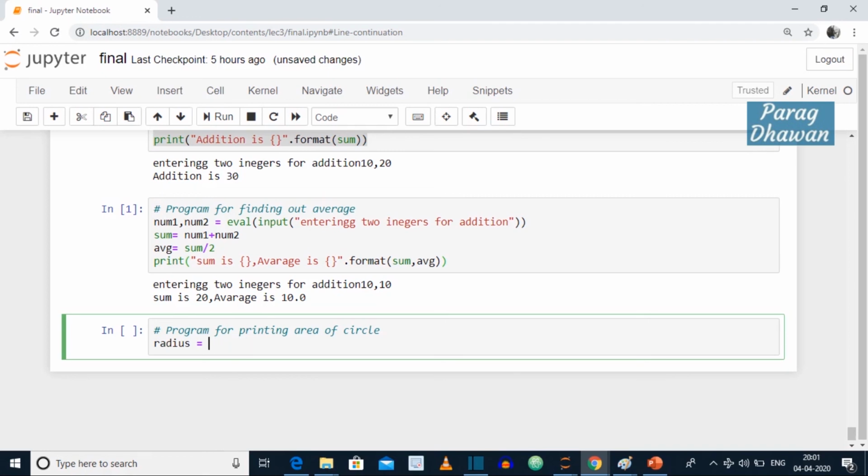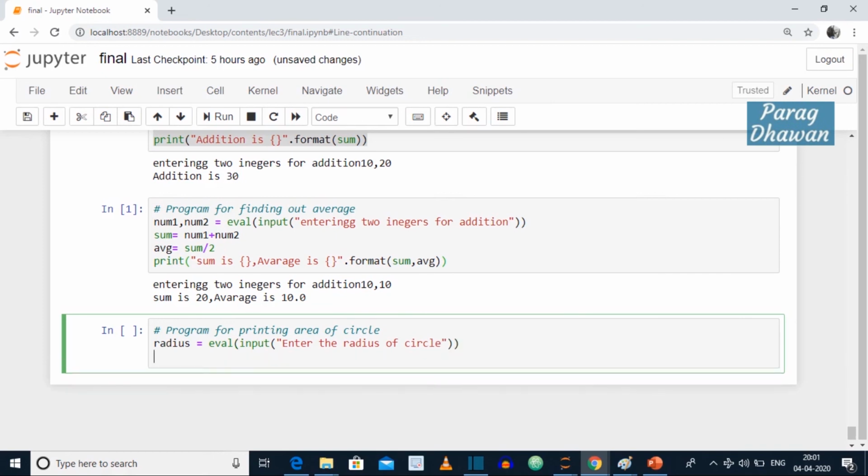Inside here, that string value should be converted into a number, therefore eval, and then the input function, and we will prompt the user to enter the radius of circle. The user will enter the radius, it will be converted into a number and stored in radius.